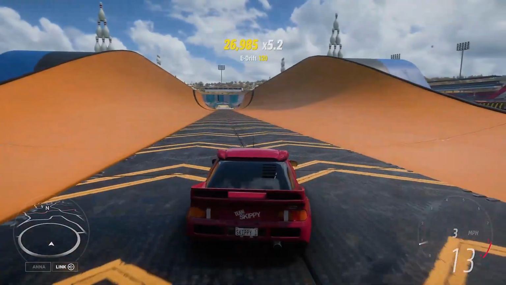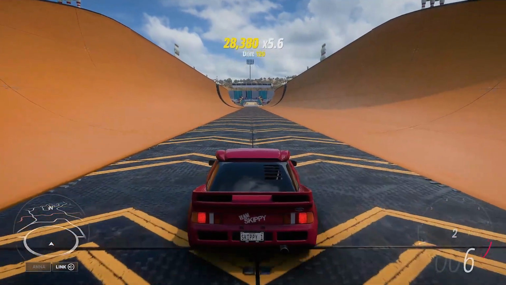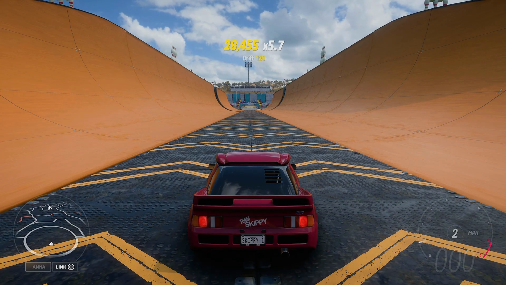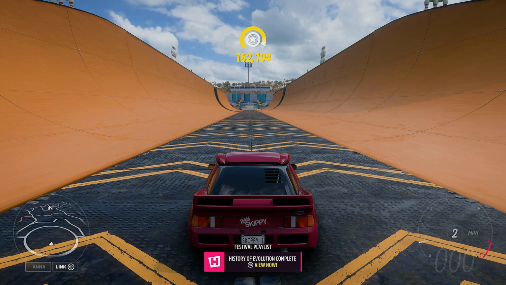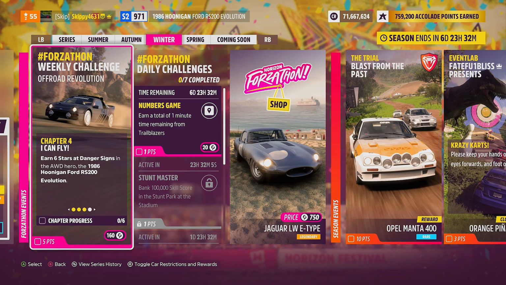And after a couple of minutes of sliding my way around the Stunt Park Arena, hitting some bowling pins, doing some jumps, I get 28,000 times by 5, our 100,000 skill score, and that is History of Evolution completed. So with Chapter 3, History of Evolution done and dusted, it is on to our 4th and final chapter this week,